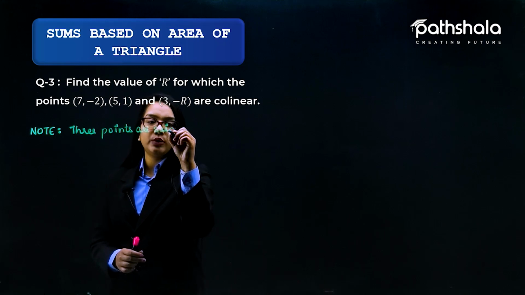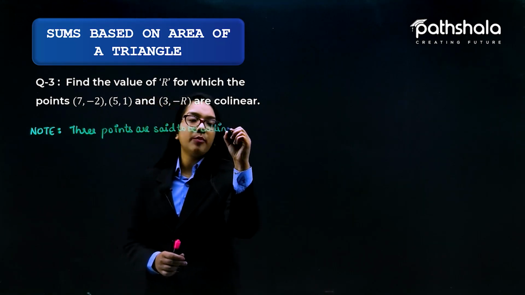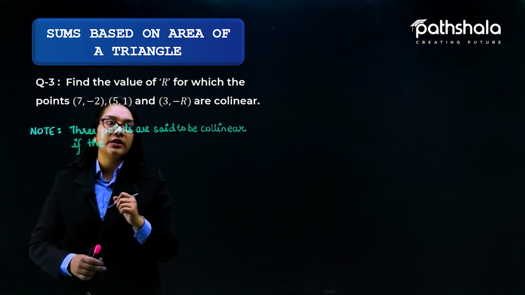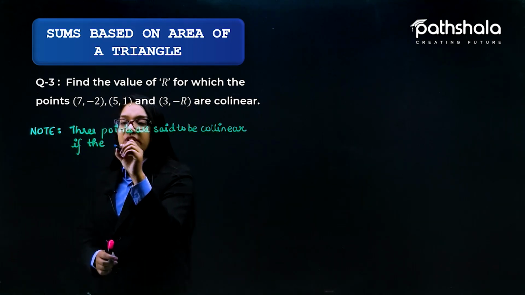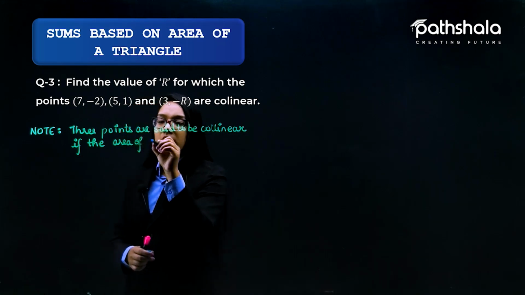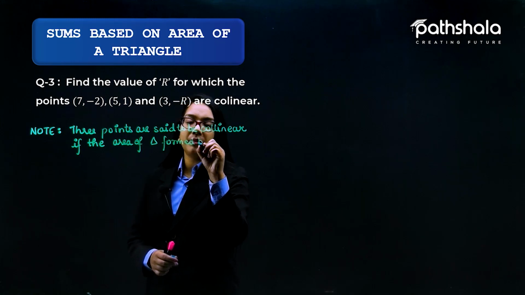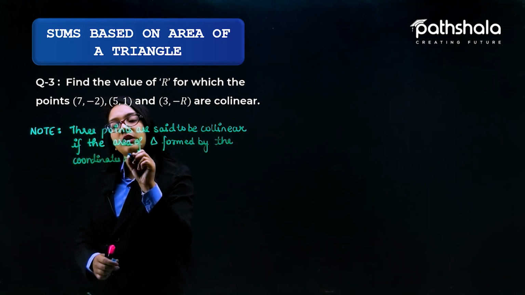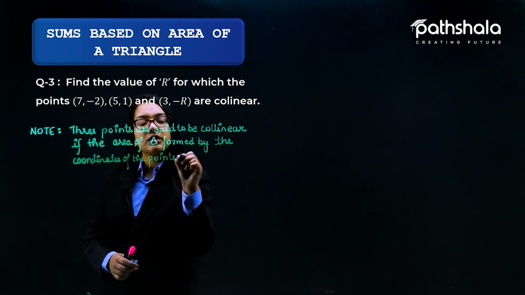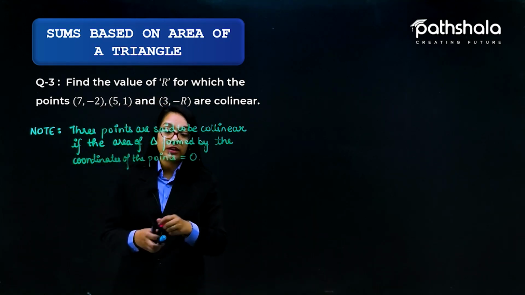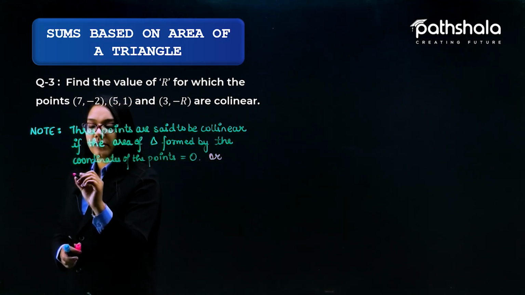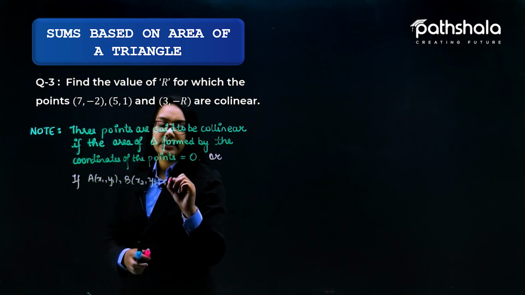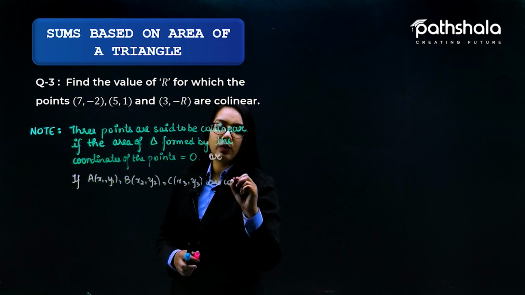are said to be collinear if the area of the triangle formed by the coordinates of the points is equal to 0, or we can say, if A is x1 y1, B is x2 y2, C is x3 y3 are collinear,